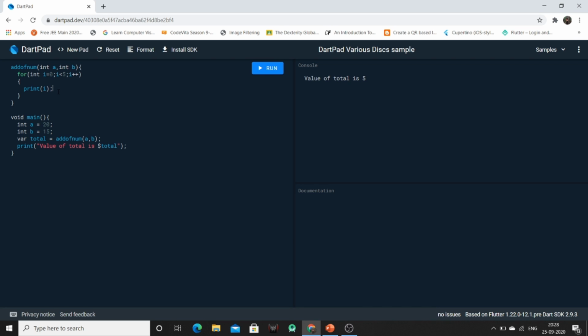So I am having, okay, no error. So let's run this program. So the output will be 0, 1, 2, 3, 4, and last one is value of total is null.